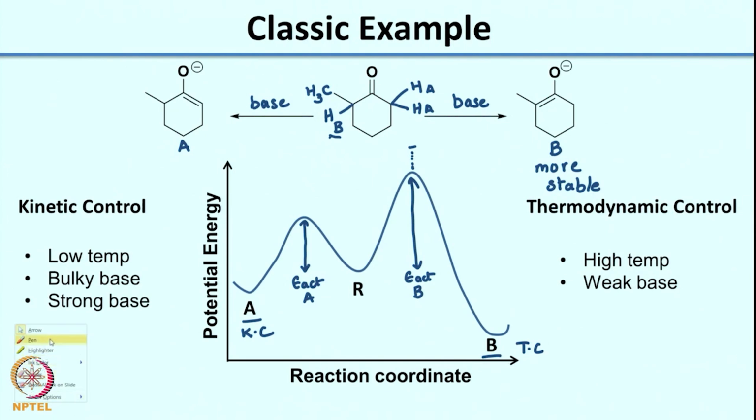So now, similar to what I told you earlier, the molecules have enough energy to actually cross both these barriers. Because of the higher energy, the molecule can go either to A or to B. And typically when you do the reaction under thermodynamic control, it only works when you have an equilibrium that can be established between A and B through R. So, what happens is at a high temperature, if you let the reaction go for a long time,